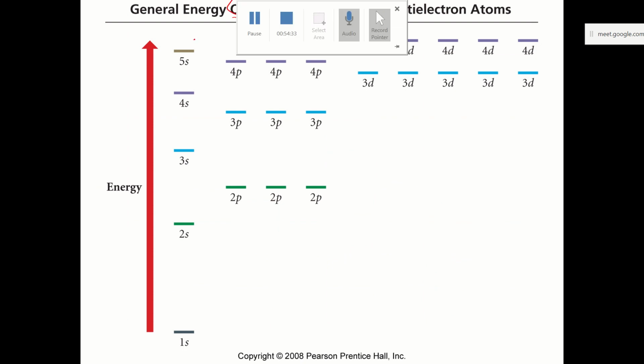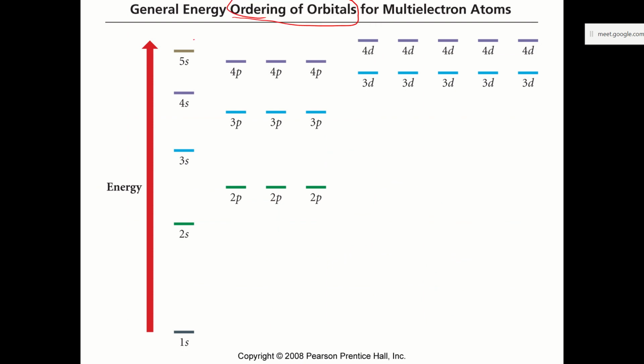So this is happening because of shielding and penetration. So shielding and penetration is the reason why in a multi-electronic system 3s, 3p and 3d have different energies because of this